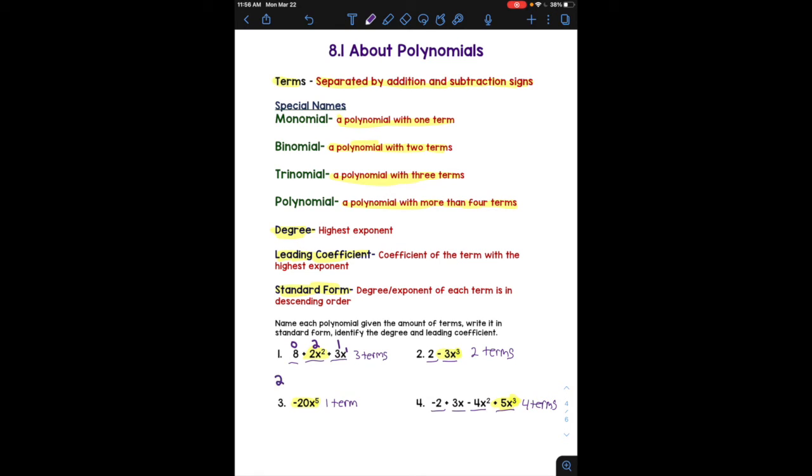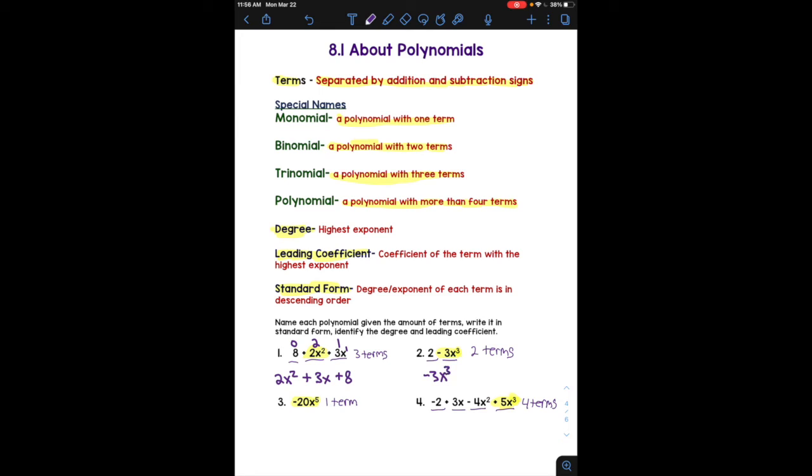So the first term in standard form would be 2x squared. The next term with one less degree than that would be 3x. And our last term in standard form would be 8. When you're writing in standard form, you're still going to have all of the terms present in the polynomial. We're just rearranging them. In problem number 2, the negative 3x cubed should be first in standard form, then the